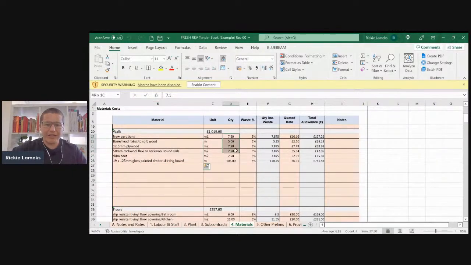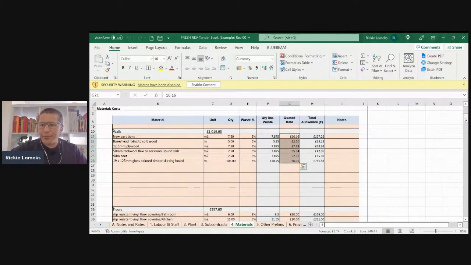The quantity is a taken off quantity that's been checked. I've included wastage where appropriate for the different elements where you will have wastage, and that will be an actual cost. And most importantly, the rates that I have included here include the elements that I talked about, so their delivery, unloading, and it's actual quoted rates from the supplier for this project.